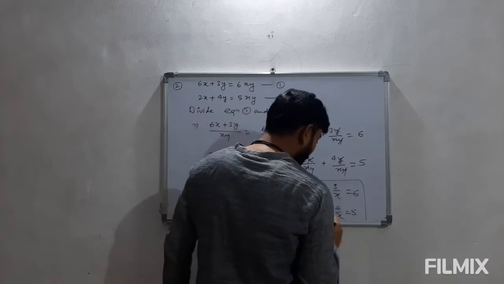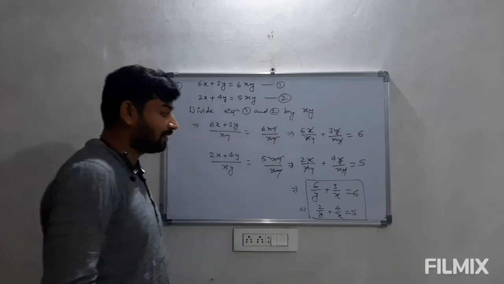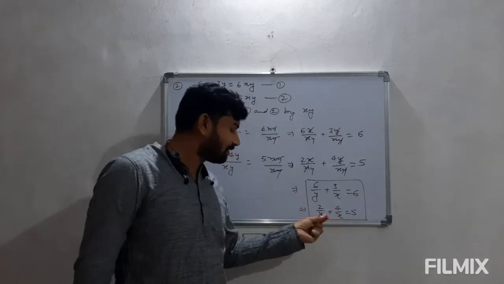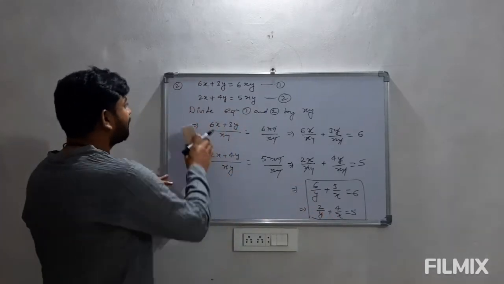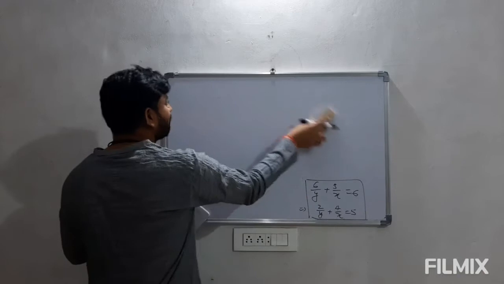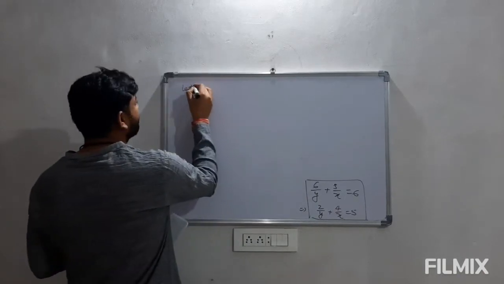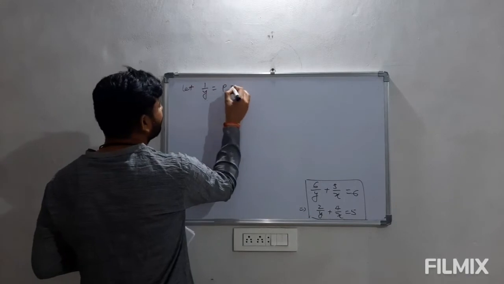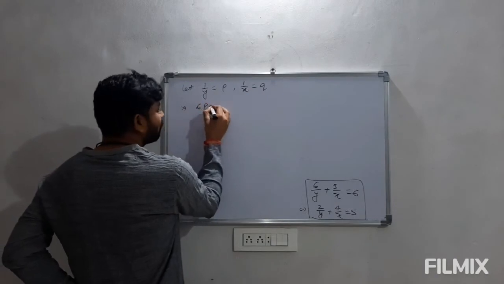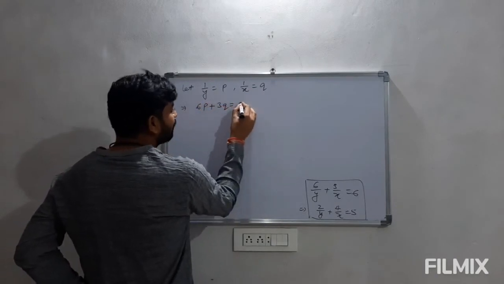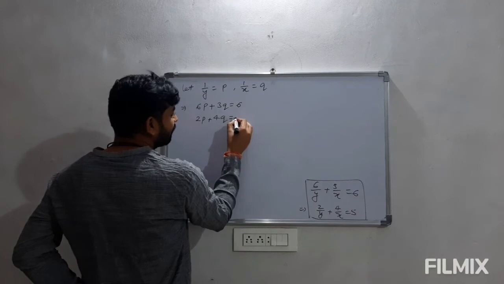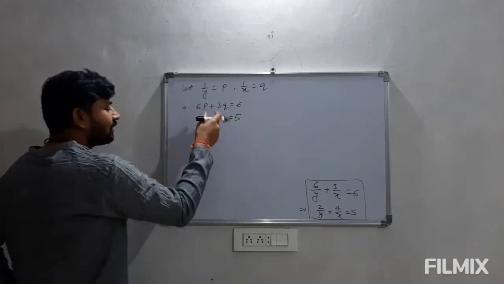Now these are the simplified version of this equation, but अभी भी ये इक्वेशन लीनियर इक्वेशन नहीं है. हम इनको वापस से रिड्यूस कर सकते हैं, जैसा हमने पिछले क्वेश्चन में किया था. तो हम इसको वापस से वैसा रिड्यूस करेंगे. I will assume them in some other form, like if we write 1 upon y is equals to p and 1 upon x is equals to q here, the equation will be something like this: 6p plus 3q is equals to 6, and the second equation will be 2p plus 4q is equals to 5. This we are getting. Now we can eliminate them.